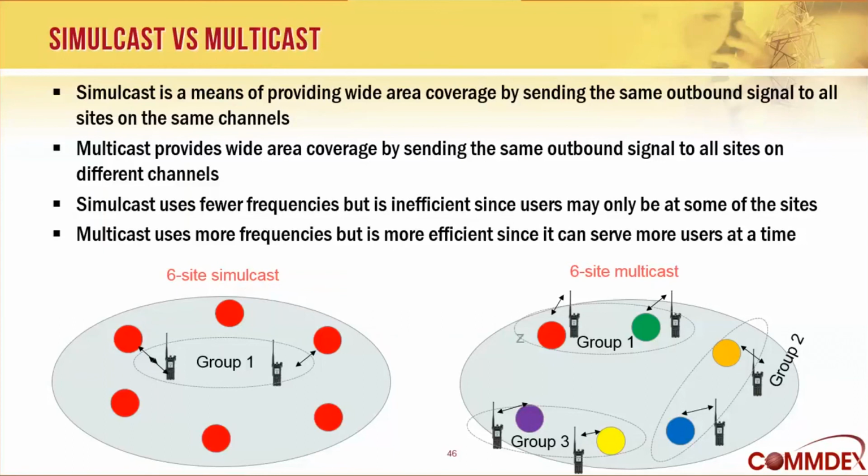So that channel becomes unavailable to all the other users at that time. So even though it takes less frequencies to make it work and it's easy to license for, it's not super efficient as far as